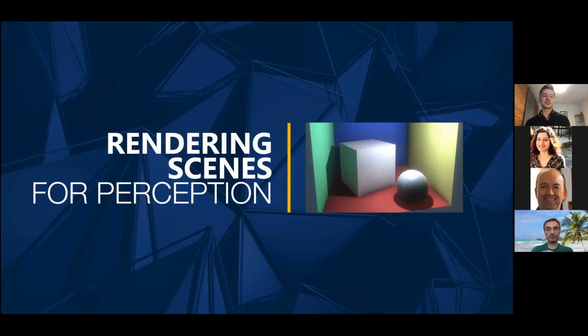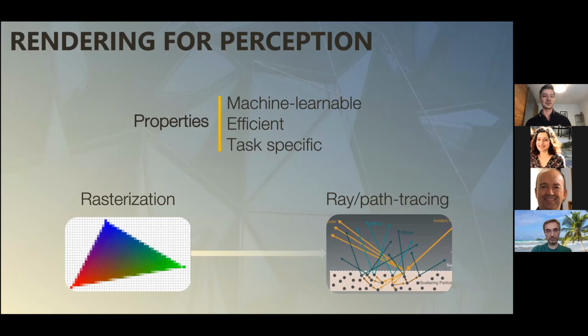So I want to start with the rendering, and of course, since I have a graphics background, I'm well versed in rendering. Obviously, we know that for a lot of decades now, we know how to photorealistically render scenes. But the type of rendering I'll be talking about is not general graphics rendering. It's actually a specific type.